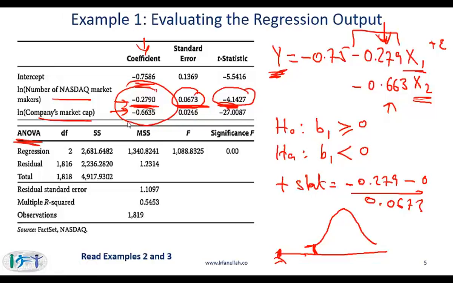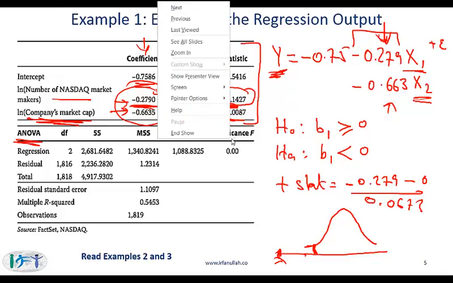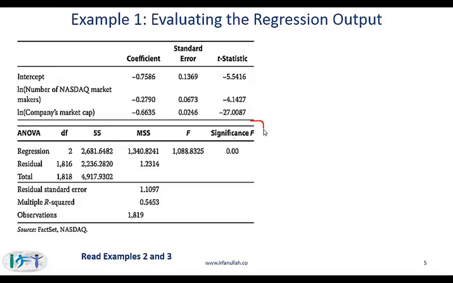Then what about this next one? Relationship with market cap. This is -27. So this also looks very statistically significant. The curriculum goes through and does all the calculations, but clearly you can see without too much more work that both these coefficients seem to be statistically significant. All right, so what have we done so far? We have analyzed the top part of your regression output. Next, let's look at this part,